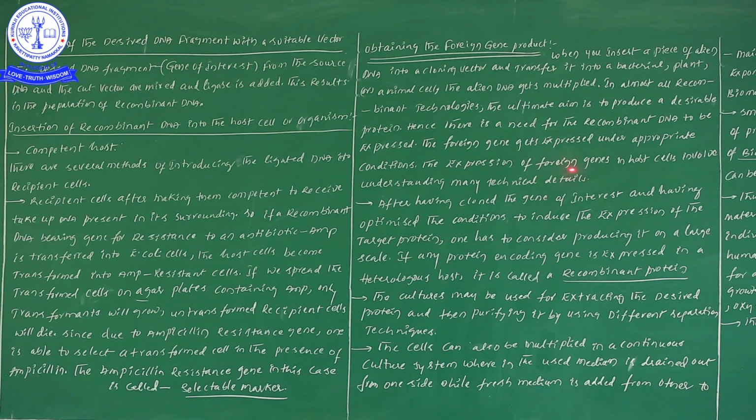Next, the expression of foreign genes in host cells. The expression of a foreign gene in host cells involves understanding many technical details. In order to create optimum or appropriate conditions, there are pH, temperature, vitamins, oxygen, water, likewise different types of appropriate conditions we need to create. I have written it in some other place, so I will give you information regarding that. Next,